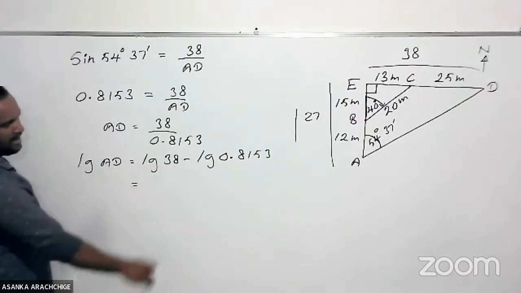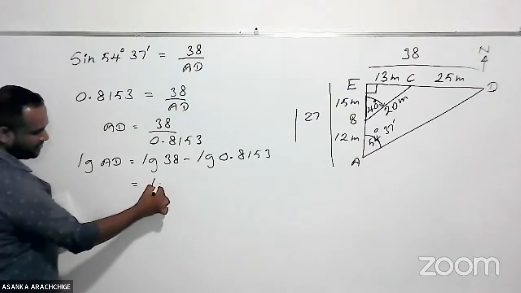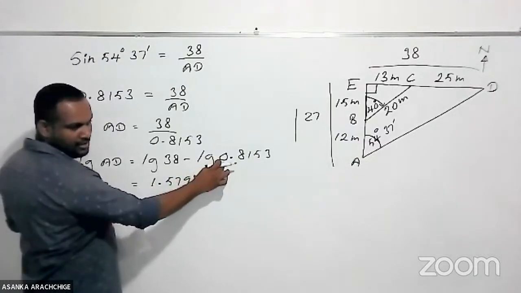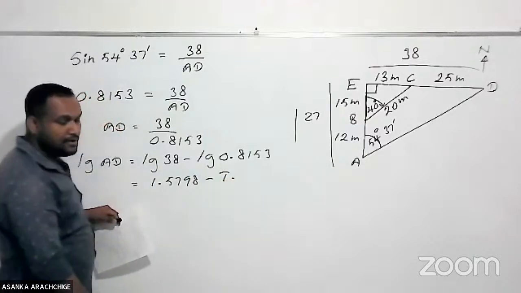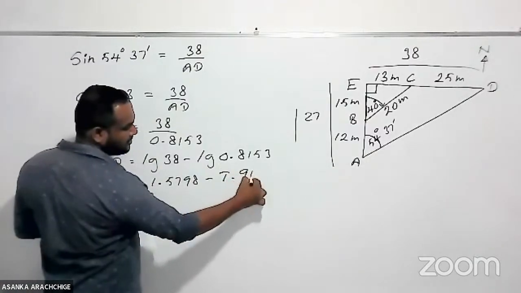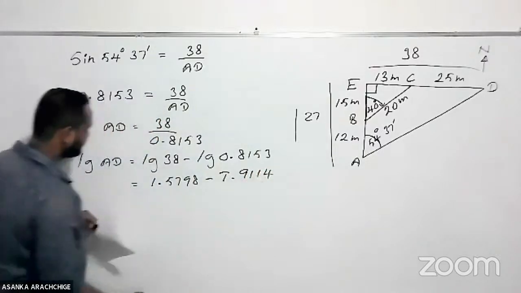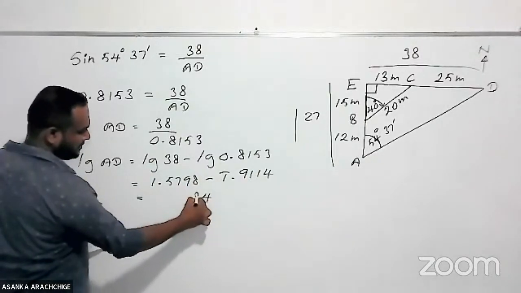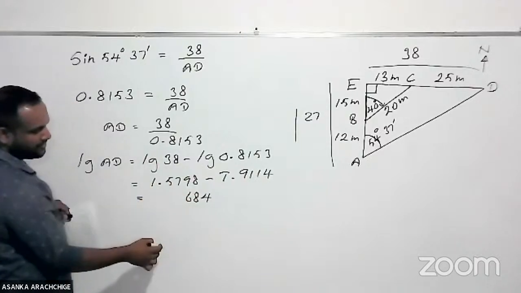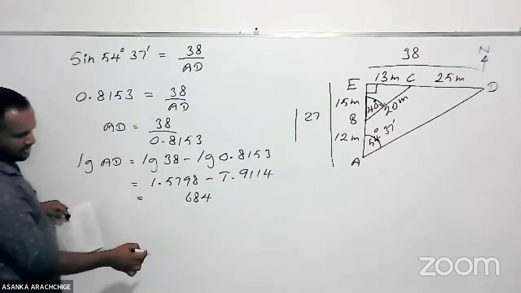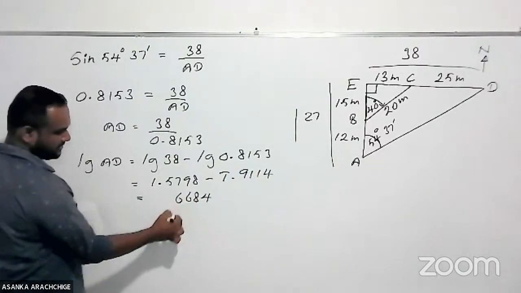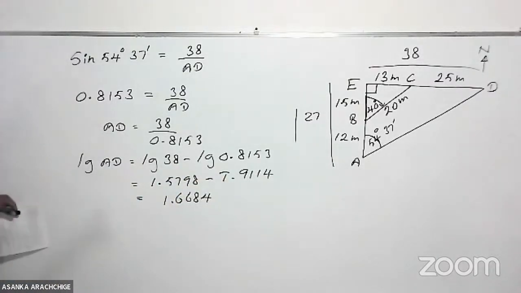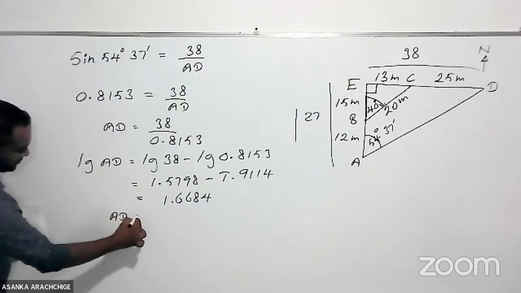38, I think we have already found it. 1.5798. And for 0.8153 it is bar 1.9113. Now subtract. 1.5798 minus bar 1.9113. 0 subtraction minus 1, that is plus 1. So AD is equal to